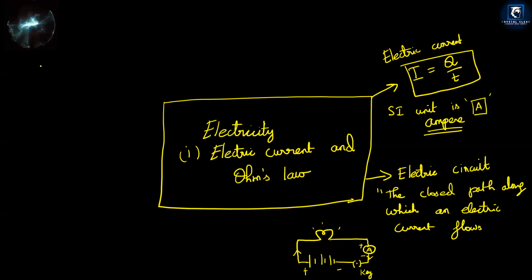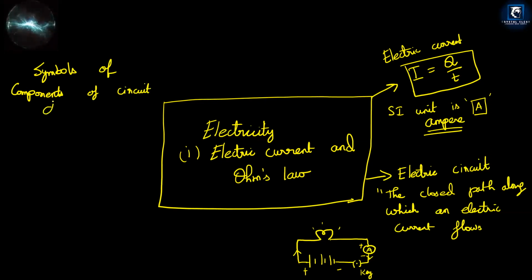Now some simple symbols and components. Symbols of components of circuit diagram. So first, a very simple, as I said, we are going to write a cell, which is nothing but a long line and a short line, which we call positive terminal and negative terminal, number one. Number two,